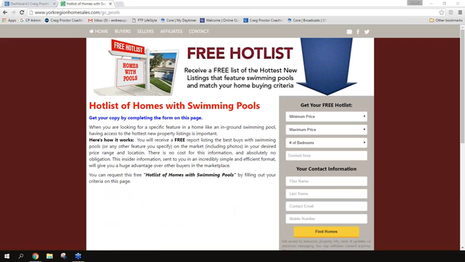The prospect just leaves. Whereas if you create a non-threatening environment, a page that focuses on the information, the prospect is far more likely to describe either their home or the home they're looking for. And that's all we want them to do.